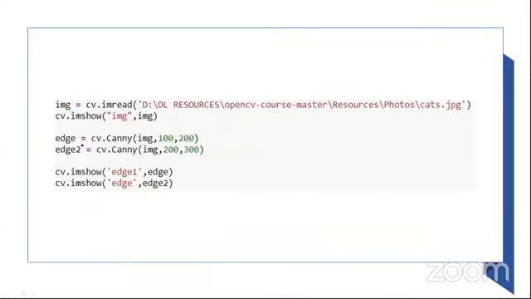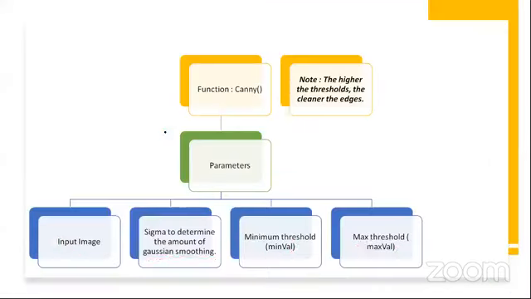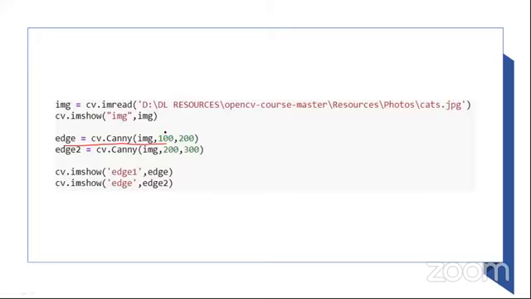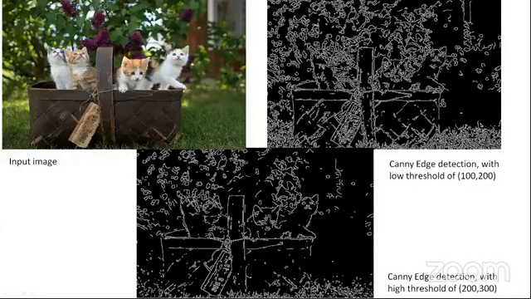So this is how you can implement it. Basically, one line of code, cv.Canny. This Canny will implement all the 4 things in a single shot for you. So this is the image, and this is how an image looks after Canny edge detection. We use lower and upper thresholds of 100 and 200. If we increase the threshold, then we easily get rid of these lower frequency edges, and it can focus more on our foreground.